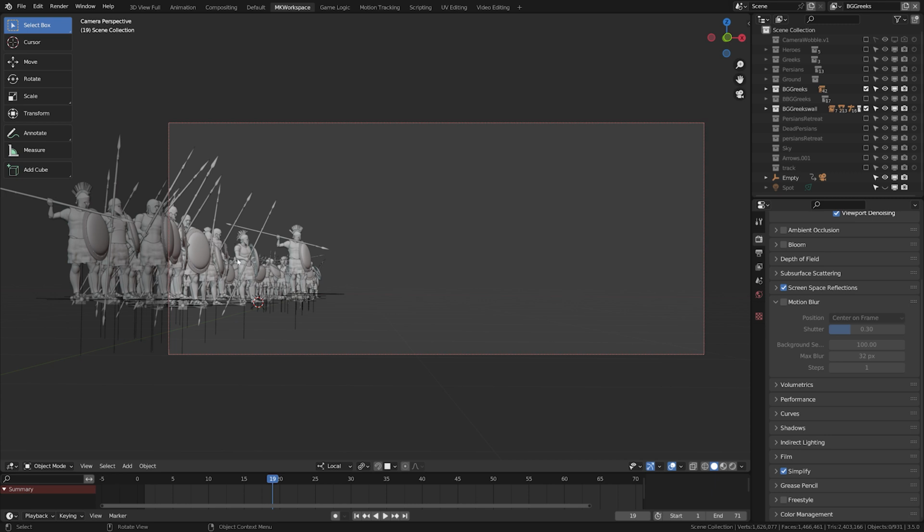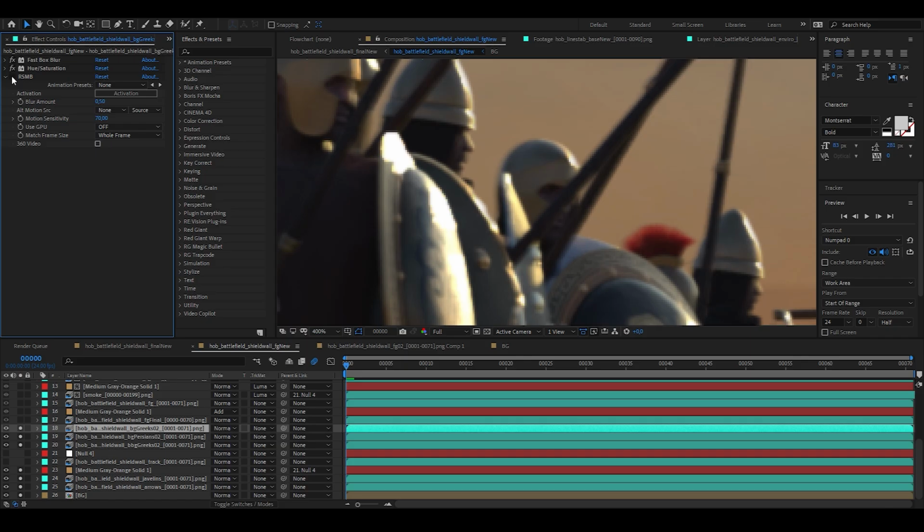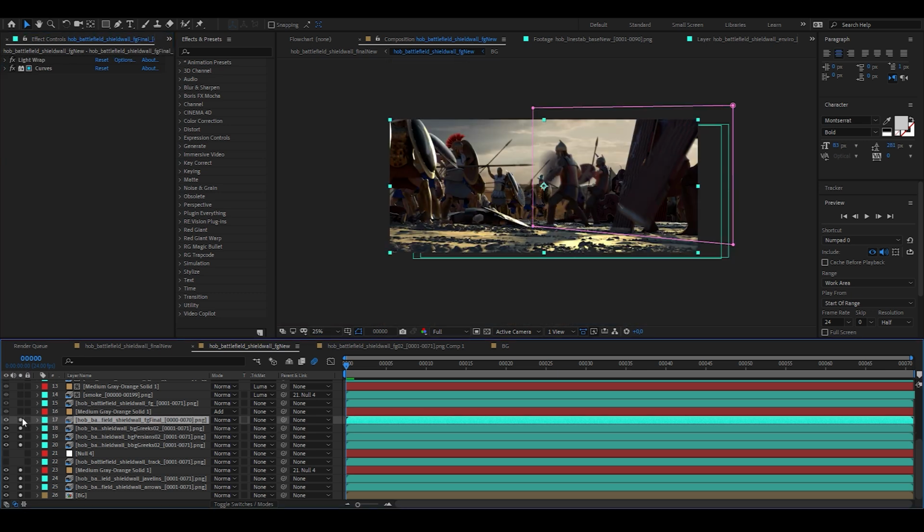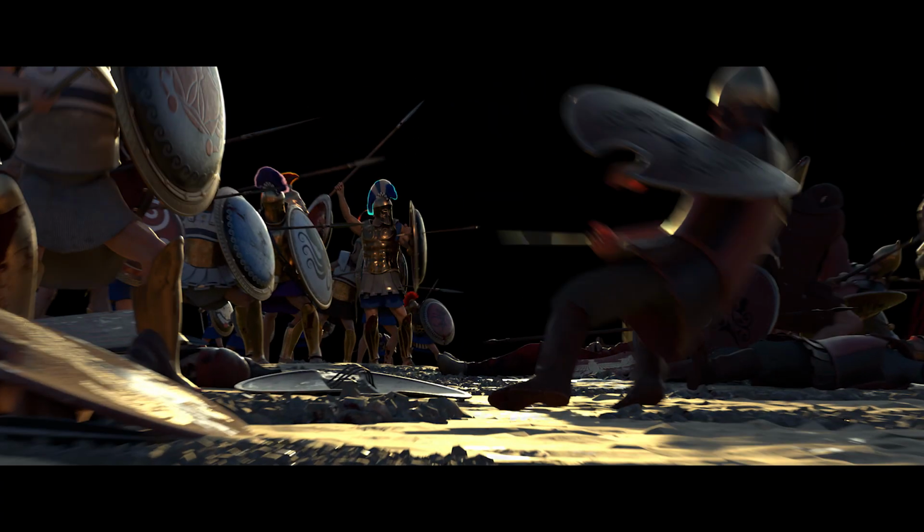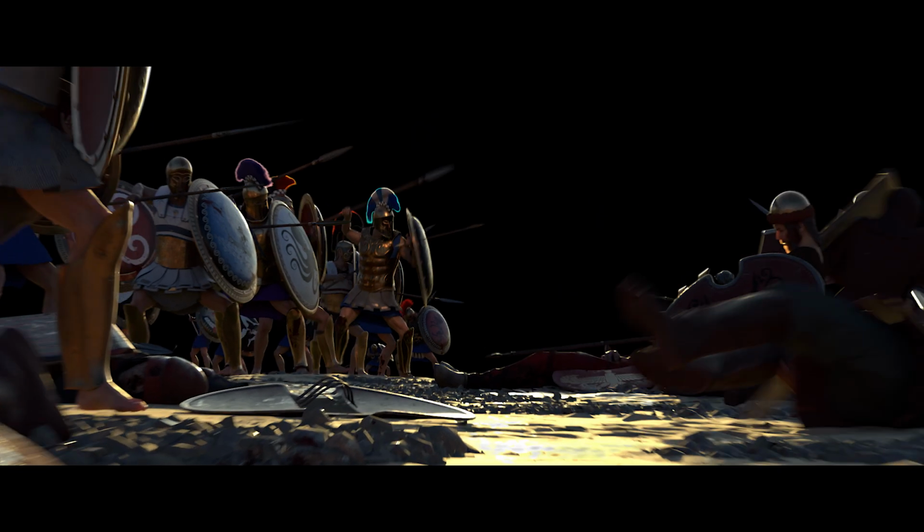And now you may realize what I've done here. I in fact rendered these layers out of Blender without motion blur active. This resulted in a much faster rendering, and then I was able to slap the motion blur onto these in post-production, saving myself minutes and hours. Of course, the default motion blur quality that comes from Blender is much better than this, but for these background layers it just wasn't worth the extra render time. The same thing of course wasn't true for the main layer with all my main heroes. On that one, the motion blur was active already when rendering, and it gave me this nice, convincing result.